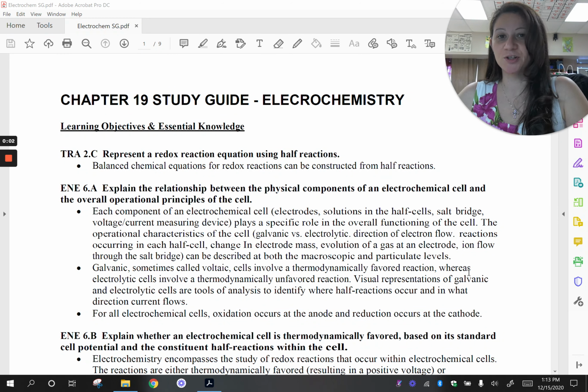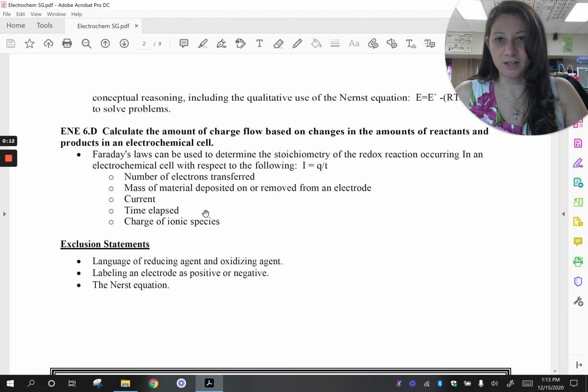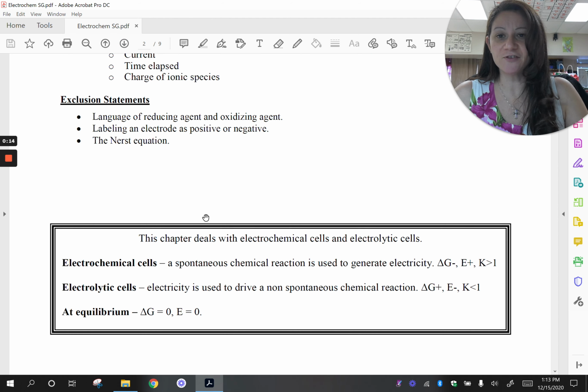Today we're going to start chapter 19, which is electrochemistry. These are chemical reactions where electricity is involved. As always, make sure that you are reading your learning objectives. And after the reading objectives, you'll see a big box here that talks about electrochemical cells and electrolytic